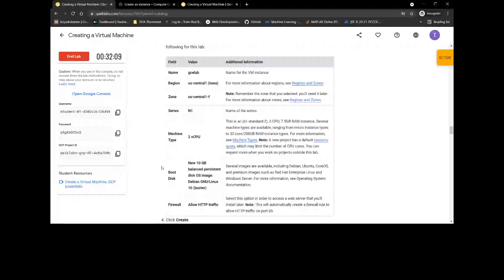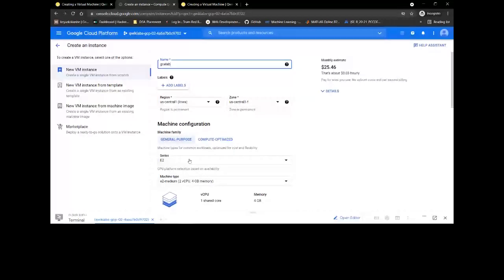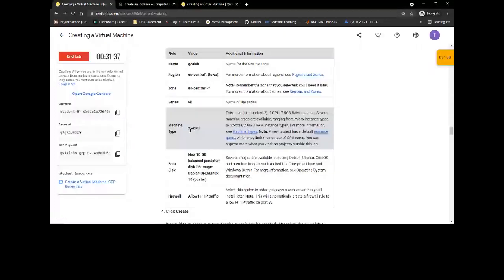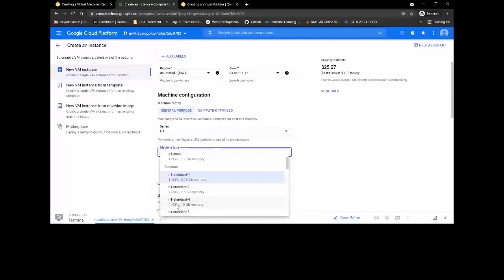Let it be. I will provide the resource regarding the different types of machines. Now I will continue with this lab only. As mentioned here, you have to use the N1 series of machine. I was actually explaining different types of machines, but I will send that through the WhatsApp group. I guess there is some problem. So you have to use the N1 series of machine. Then they have specified to use 2 vCPU. Select that. This is the 2 vCPU.